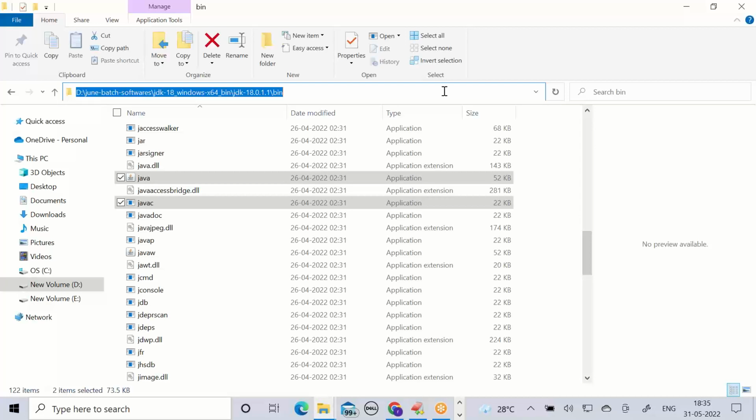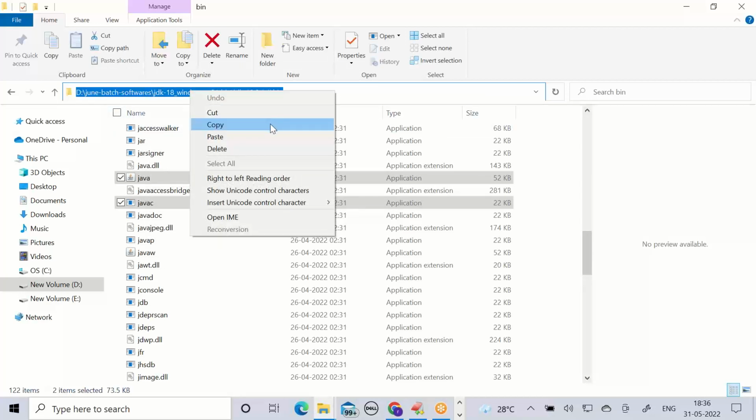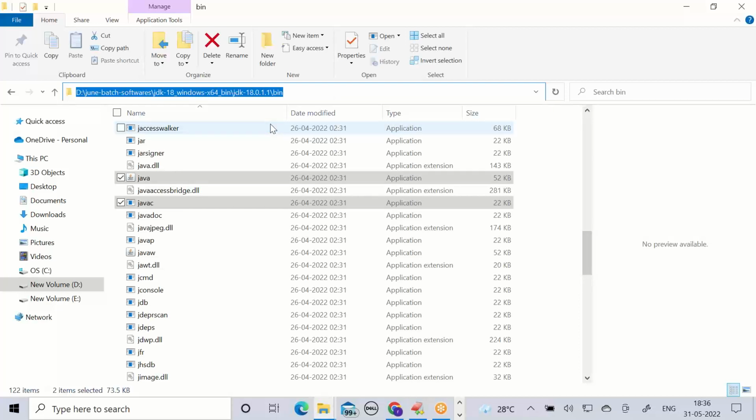Wherever the software is downloaded, go to that location, the JDK hierarchical folders, then inside that bin folder you can see the javac command and java command. After seeing them, copy the address bar. Everybody, whatever you selected, copy. Now come to the command prompt.